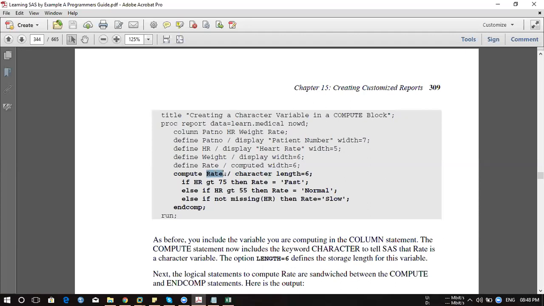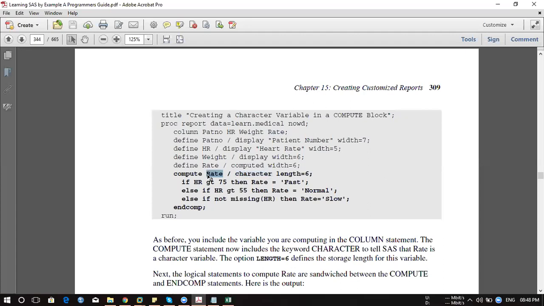So here we define this rate into the column section, and here directly, after a slash, we write the usage. Usage is nothing but this variable in a character format. I want its data type to be character, so you need to write it there, otherwise it won't become a character.